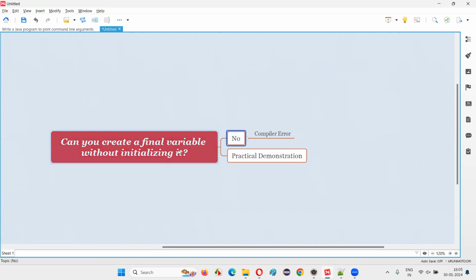The answer is no. In Java, when you create a variable and specify that variable with the final modifier, it is mandatory to initialize that particular variable. There are two ways to initialize such a variable specified with the final modifier. Either you can initialize that variable, that is, assign the initial value in the same line where it is declared and specified with the final modifier,